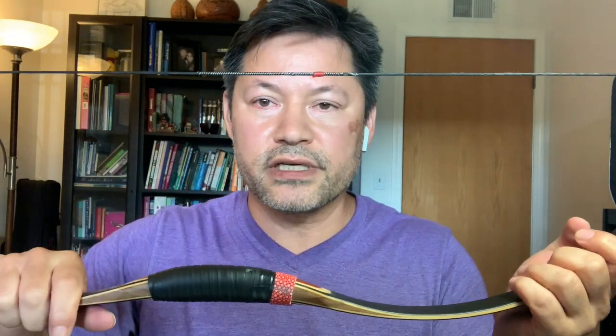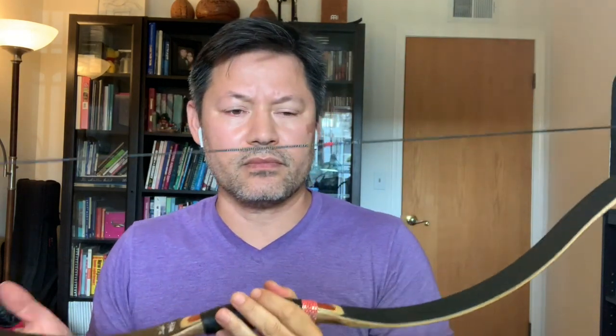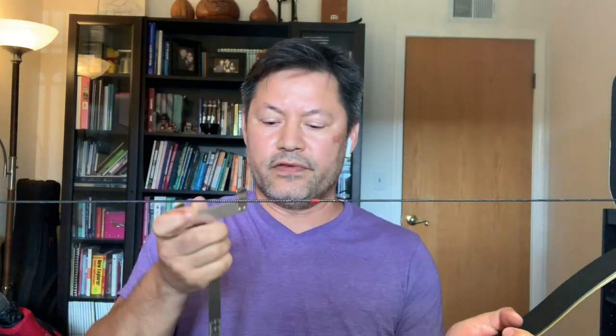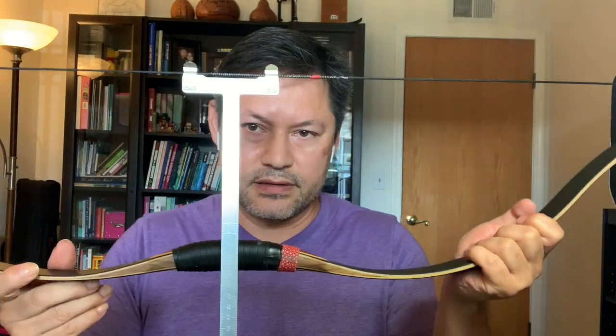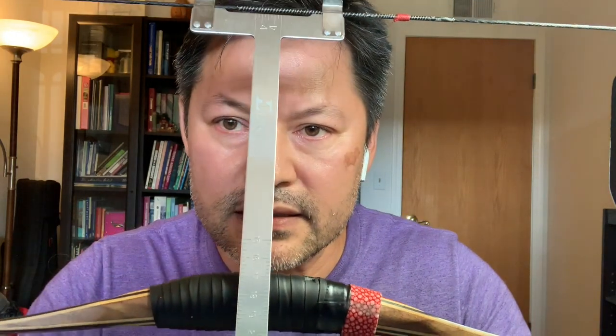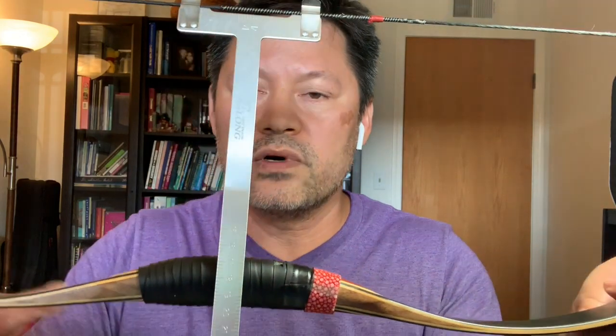And I tried shooting it that way. I ended up getting a lot of string slap on my wrist. And I didn't know what the issue was, so I went and got myself one of these and found out that my brace height wasn't high enough. So it's recommended at 6.5 inches or 17 centimeters. Once I twisted the string enough